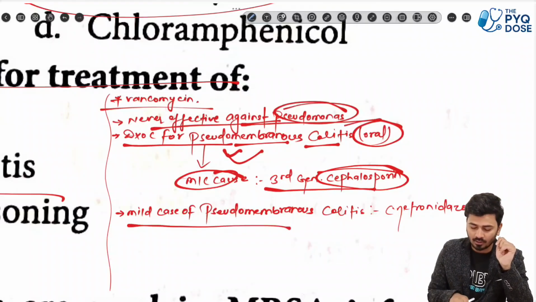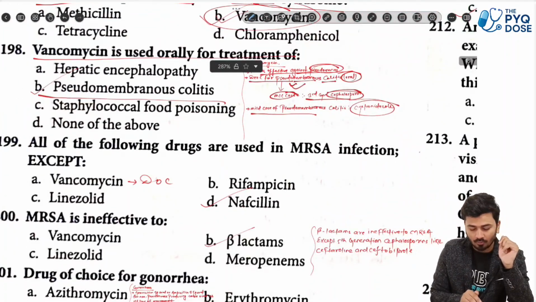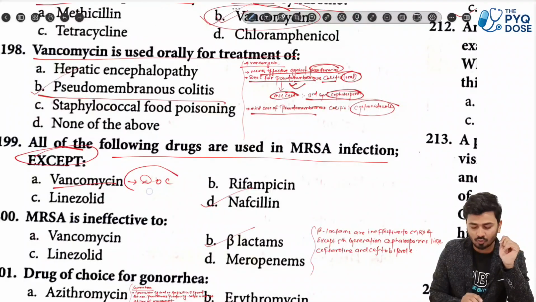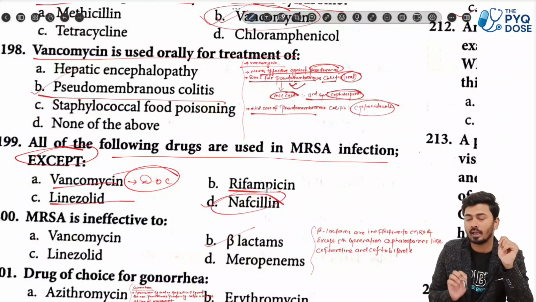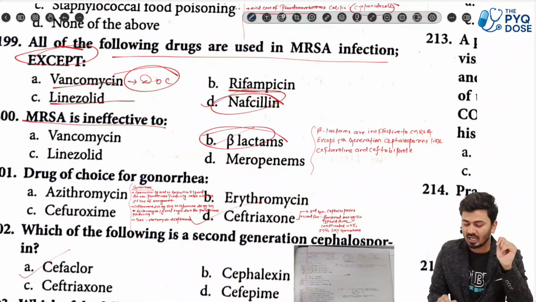Mild case of pseudomembranous colitis, generally we can use metronidazole as a drug. Next, all of the following drugs are used in MRSA infection except. Vancomycin is the drug of choice. Rifampicin can be used, linezolid can be used, but methicillin cannot be used. MRSA is ineffective to beta-lactams. Beta-lactams are ineffective to MRSA except fifth generation cephalosporins like ceftaroline and